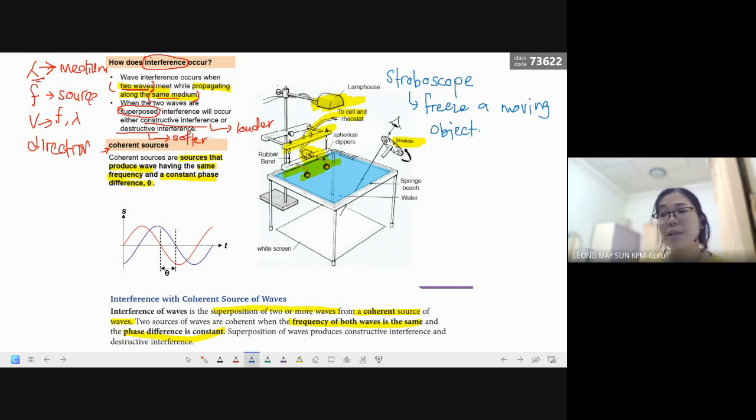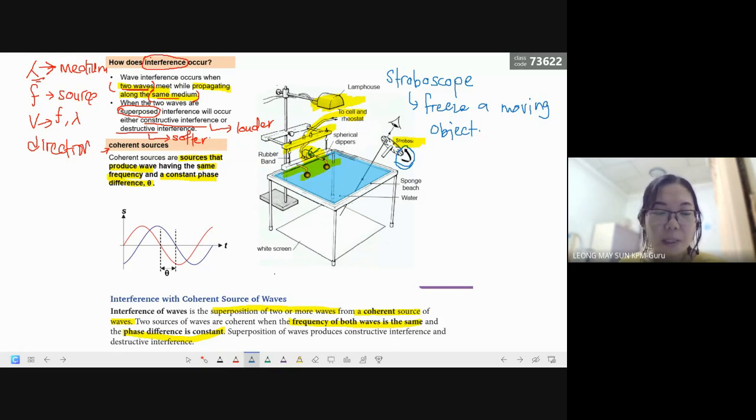Kind of similar to what we have on our handphones that use a slow motion camera. It's actually to slowly freeze down the moving object. The key for you to slow down the moving object is that the stroboscope must be turned with the same frequency as this particular motor. There's an arrow here. Then you will see the image being frozen.